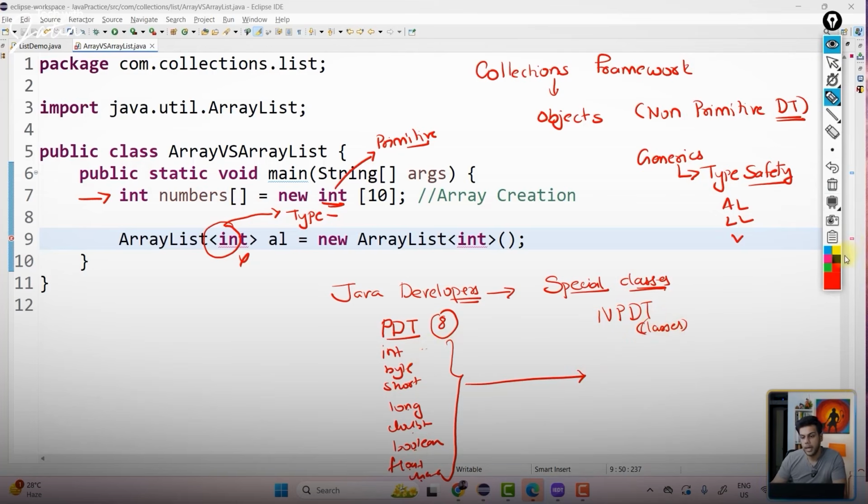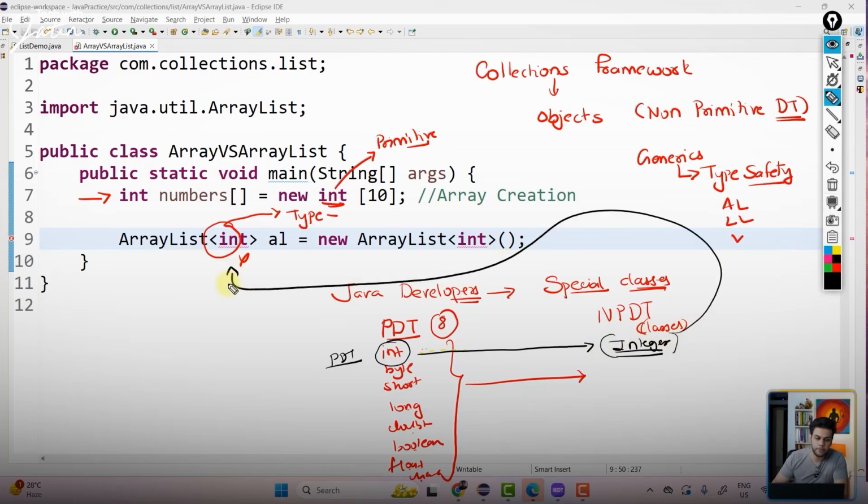So int has a special class which is called Integer. Are you getting the point? The int data type, the primitive data type, has a special class called Integer. And once this Integer class is created, I can pass it over here. Is this part making sense?